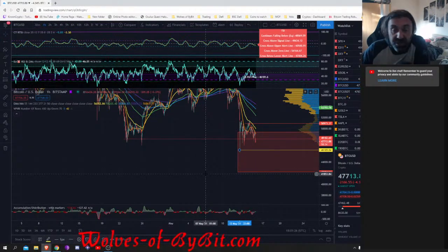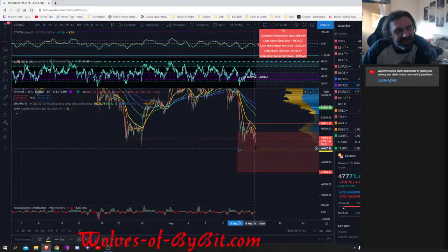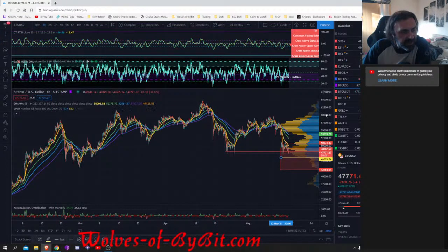So potentially for me, closing below the yellow line here is going to push the price further down to compete with this local low on the RSI, and this one also touches at the 42,000. The yellow line is not really necessary, but if you look at